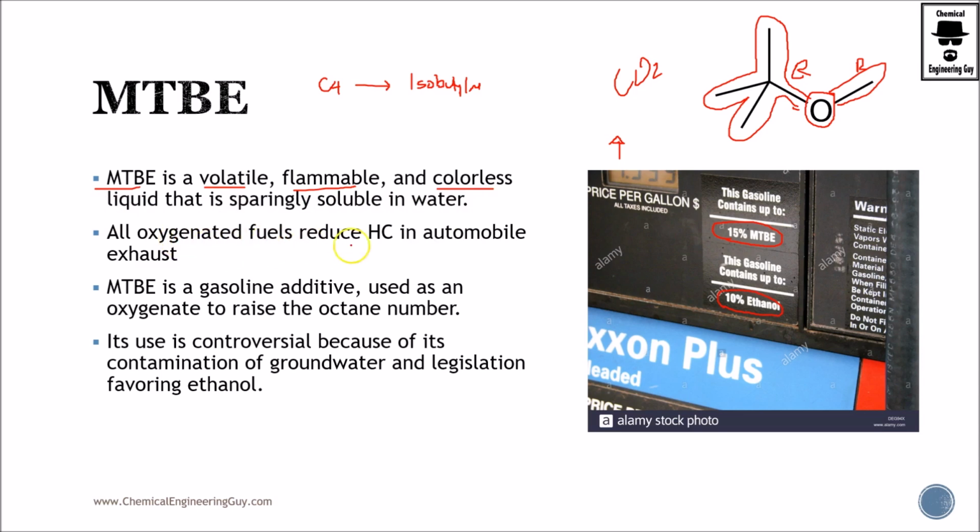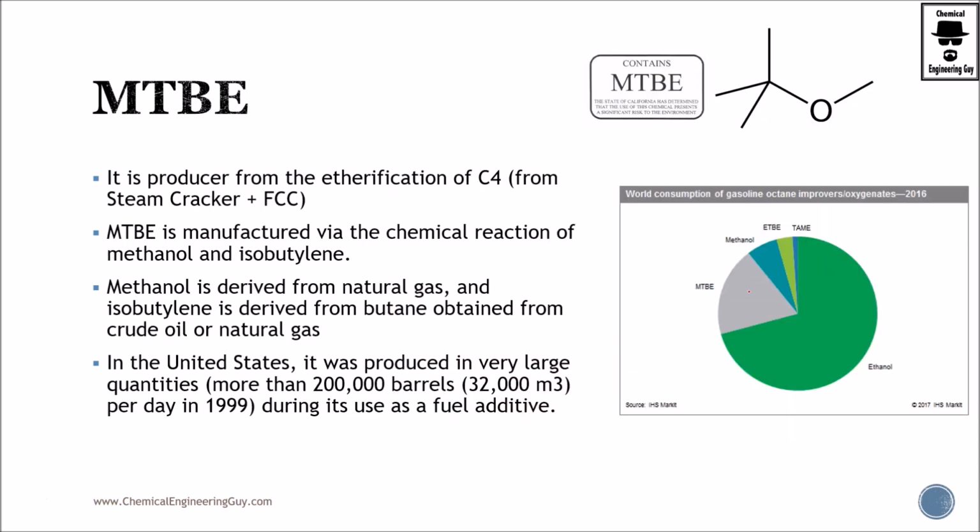All oxygenated fuels reduce hydrocarbons in the automobile exhaust. So that's what I was telling you about. Because it is oxygenated, it will be reducing most of the hydrocarbons. MTBE is a gasoline additive that increases the octane number, and it's kind of controversial nowadays because it is actually found as, let's say, a contaminant in groundwater. So legislation is passing to avoid MTBE being used as a gasoline additive and to increase ethanol over